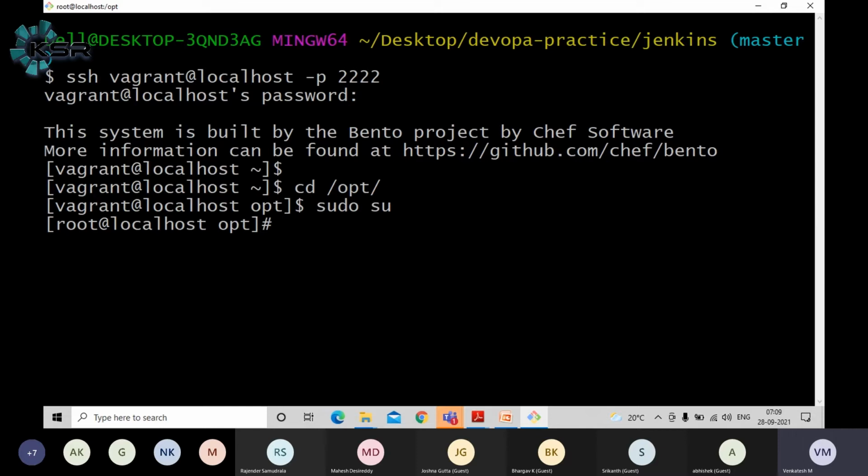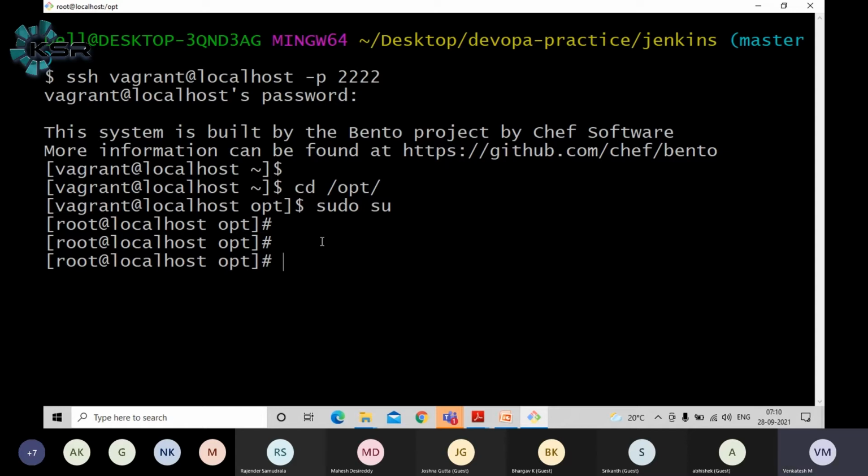Here, if you observe, the syntax changed just now. When I'm the vagrant user, it says vagrant localhost and the current folder, whatever it is. Similarly, when I become the root user, it changed here. If you observe clearly, this shows the root user, @hostname, and opt. Here I currently have the hash symbol. That means when you see the hash symbol, I am the root user, so whatever operation you are going to perform, you should do it very, very carefully. This is the difference. Any questions until now?